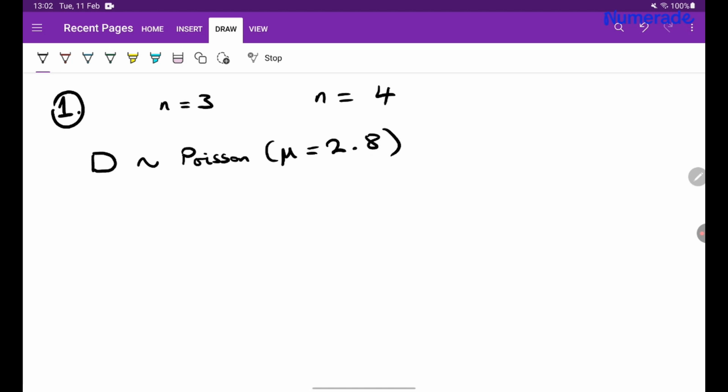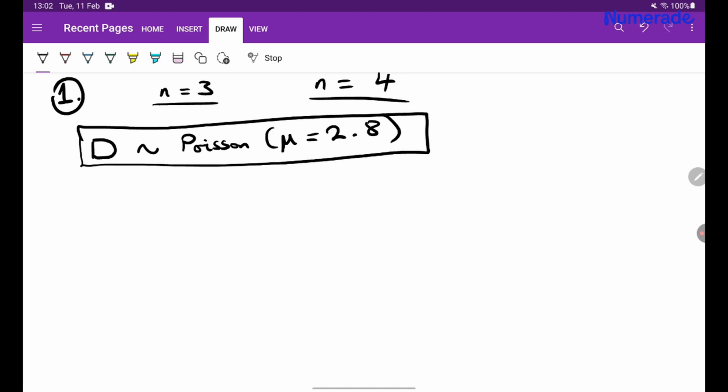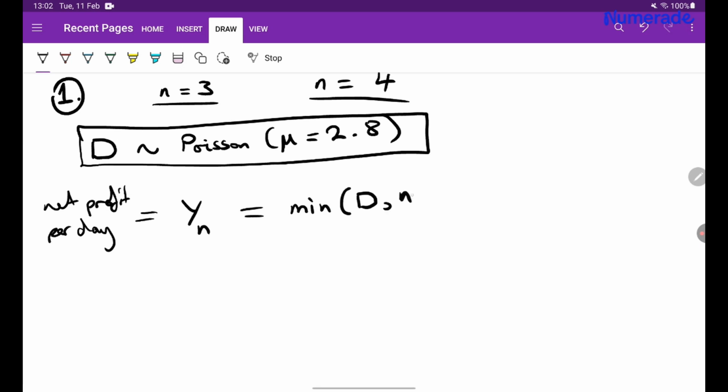This is sometimes how it's written. And this is the random daily demand. So do we do this many cakes or that many cakes? And essentially, let Yn be the net profit per day. So net profit per day, let that equal Yn, and that's going to be equal to the minimum of D and